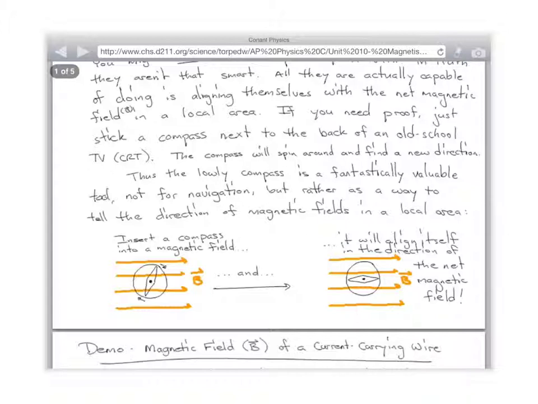Anyway, let's go. So what we have here is a wire that's oriented vertically. And there was a guy by the name of Carl Oersted. I don't know, he's dead now. Maybe 160 years ago. He was playing around with batteries and wires and stuff. And he set up a wire like this. It was vertical. Then the top end of the wire he connected to the top side of the battery. Bottom end of the wire he connected to the low side of the battery so he could get current flowing